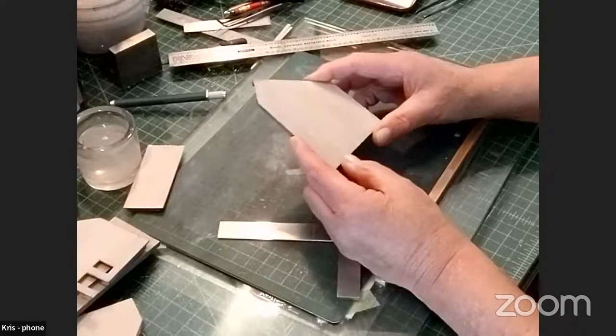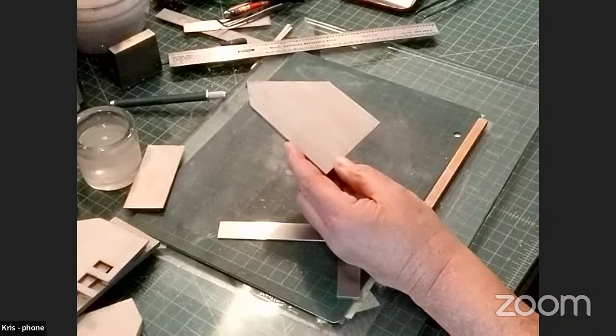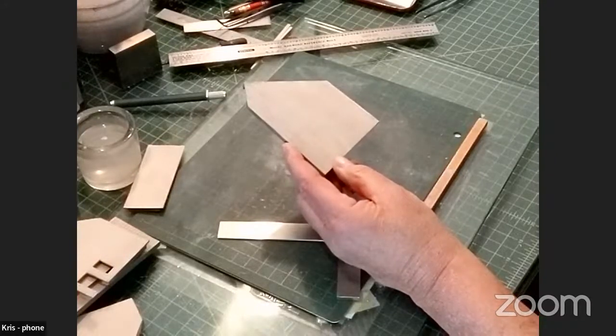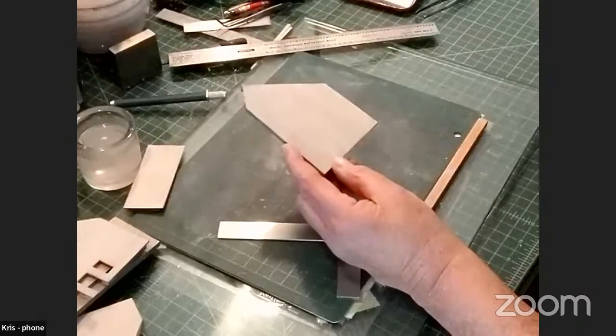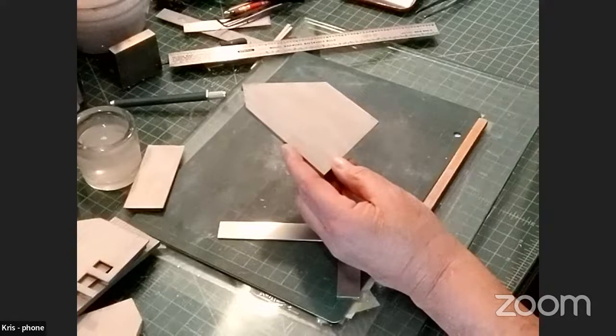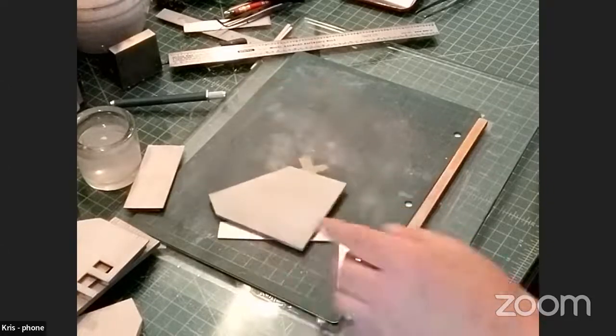I have submitted a couple of models for contest quality builds in my earlier career of model building, if you will. And I don't ever recall being docked for just applying the castings over the raised surfaces, be it clapboard or be it board and batten. A lot of them don't think of it that way. They do. Yeah,